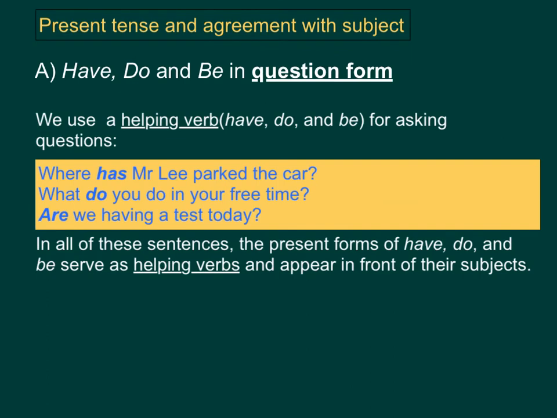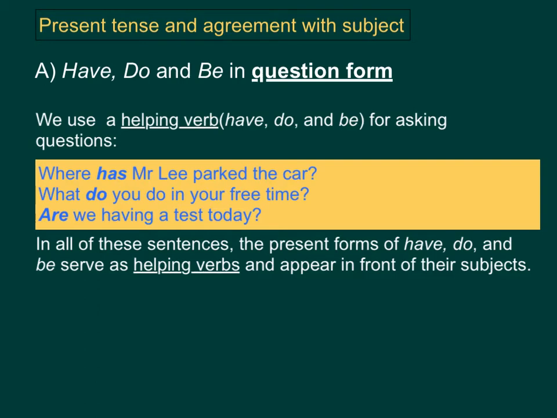We use a helping verb, have, do, or be, for asking questions. For example, where has Mr. Lee parked the car? What do you do in your free time? Are we having a test today? In all of these sentences, the present form of have, do, and be serve as helping verbs and appear in